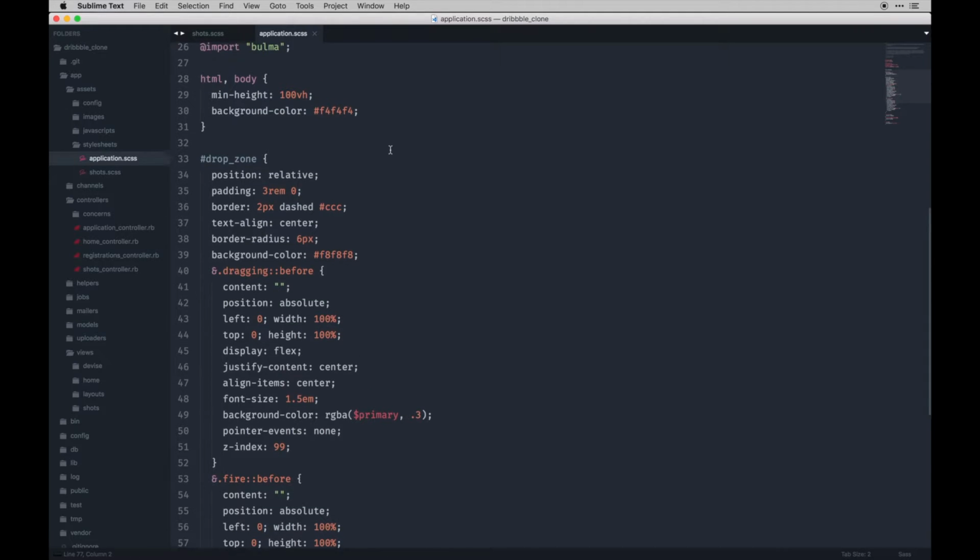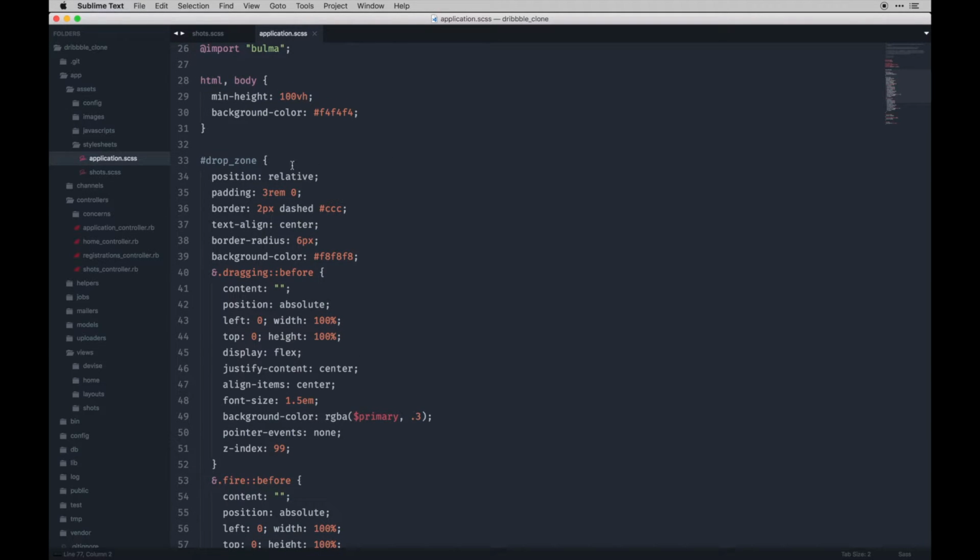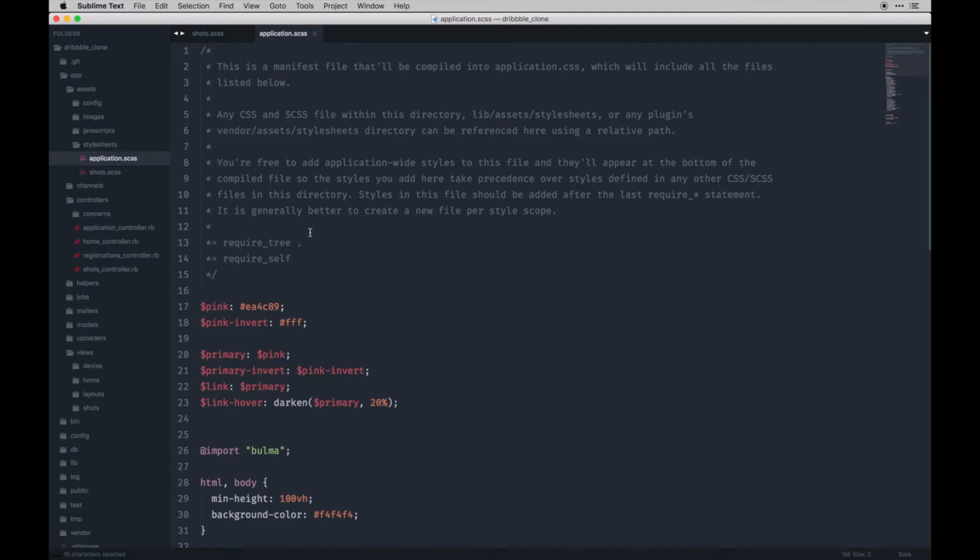So I'll just walk through what's in here. Basically, this is the drop zone on our forms. I've added this to the application SCSS file just because it's kind of a global property. Shots is the same way. All this stuff can be global, but at the end of the day in our application file, you'll notice